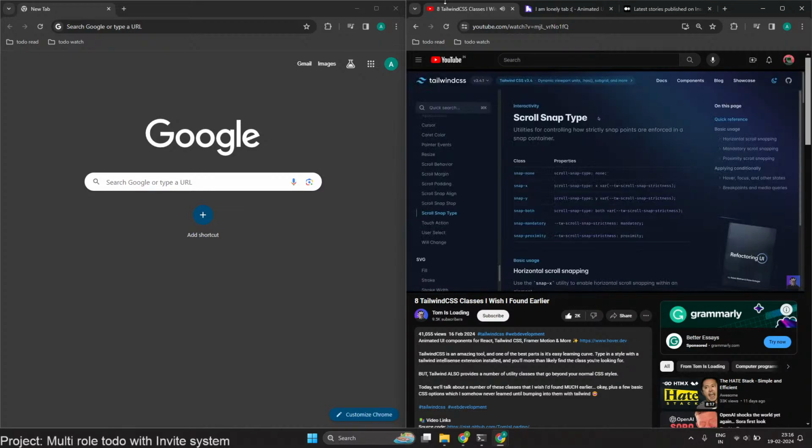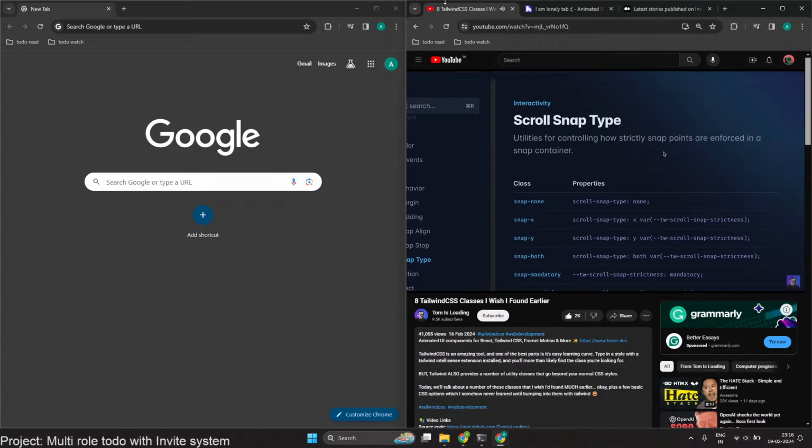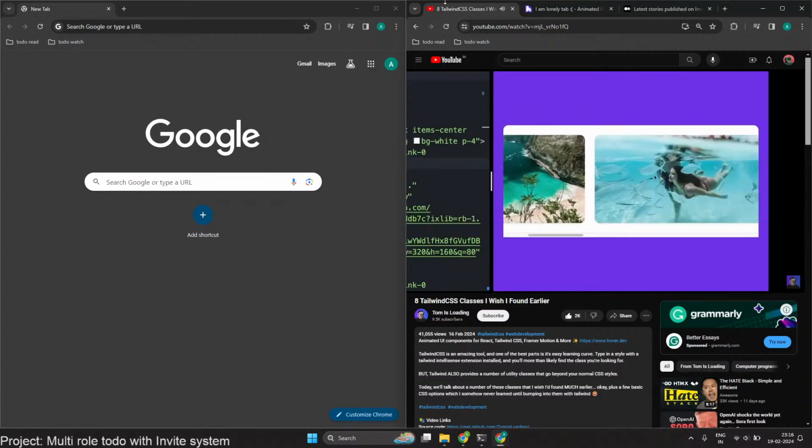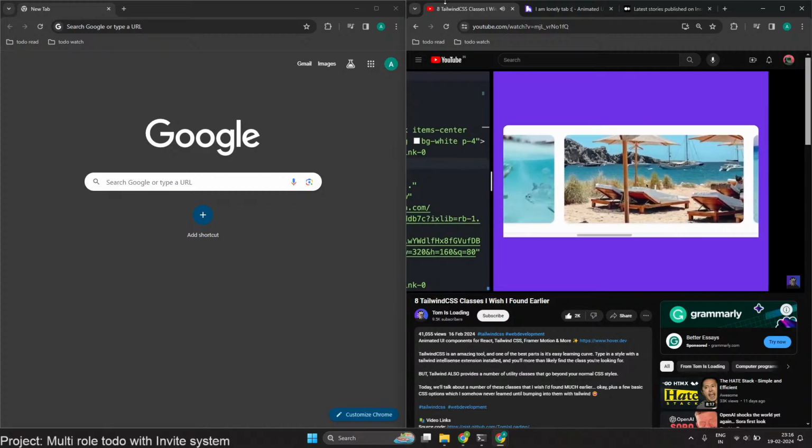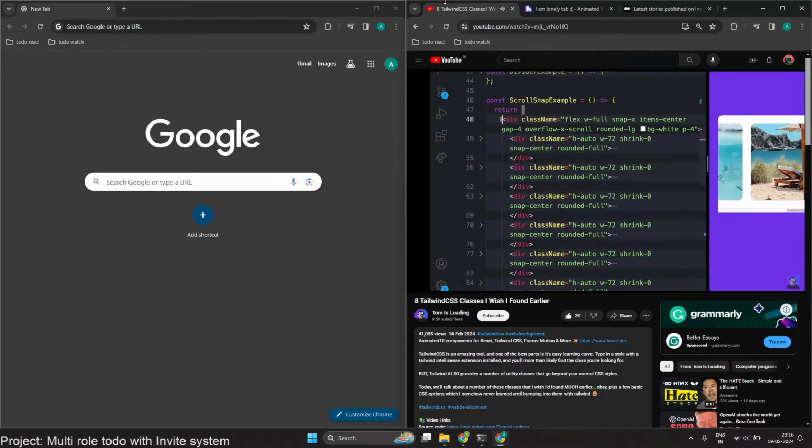So next up we have scroll snap, and scroll snap actually allows you to dictate how elements are snapped into the container whenever you're scrolling past them. As an example for this, I just have this scrolling carousel right here, and we'll see that anytime that I try to scroll just a little bit outside of one of these images, it's going to snap back to the center of my carousel. Taking a look at what I have in my code, I just have this wrapping div with a display of flex, a width of full, and then an overflow x of scroll,